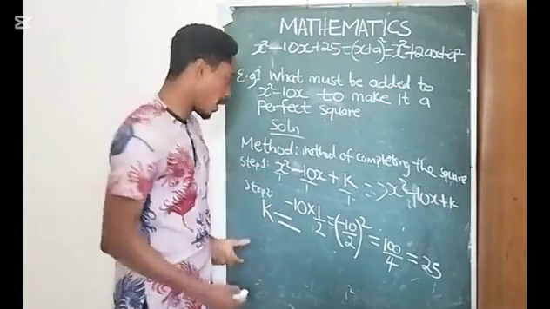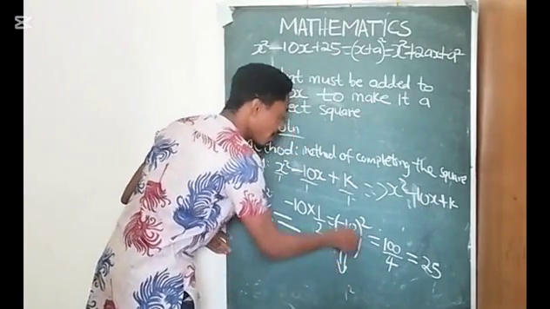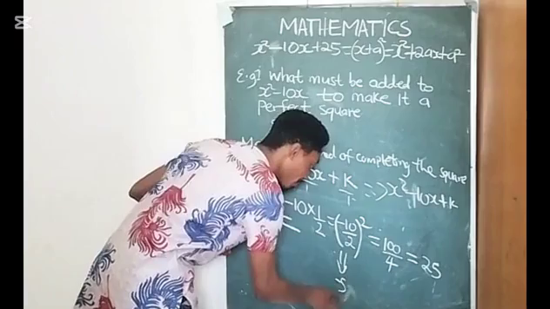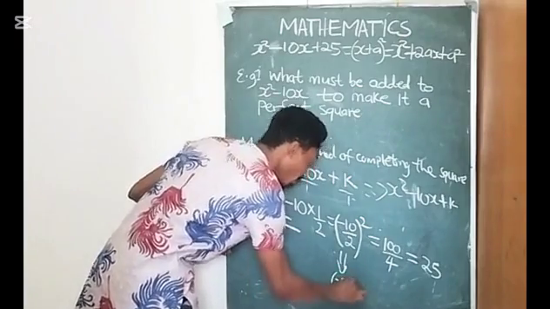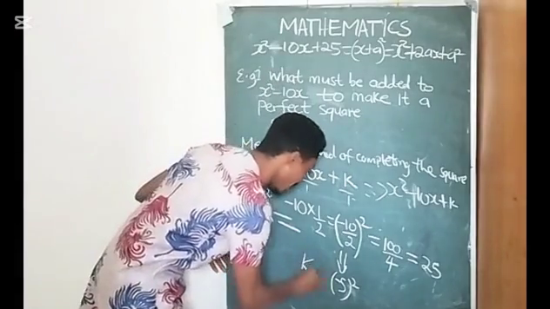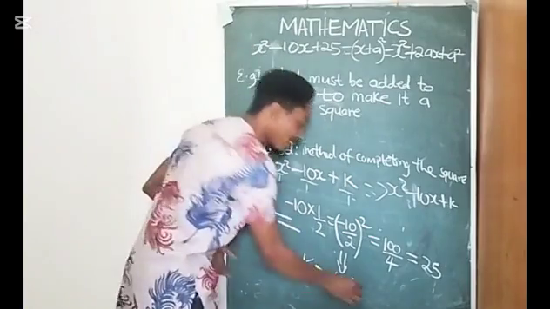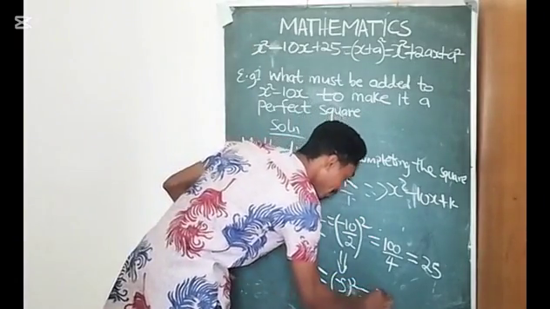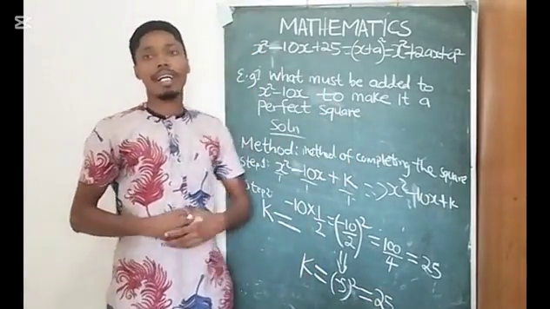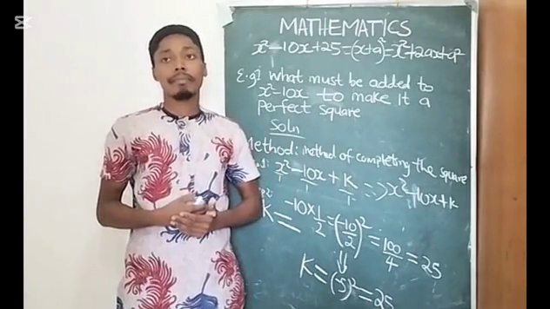Or you can still go this way. 10 divided by minus 10 over 2 would give me minus 5 all square. You can still say that k is equal to minus 5 all square. Minus 5 all square is still the same thing as 25. So anyhow you want to go about that,